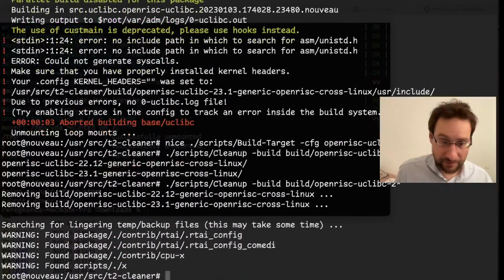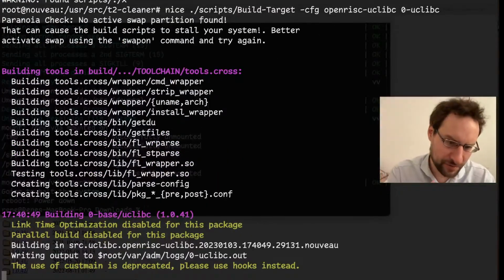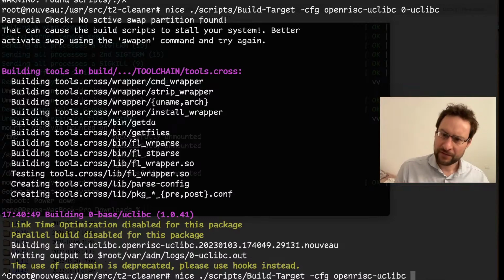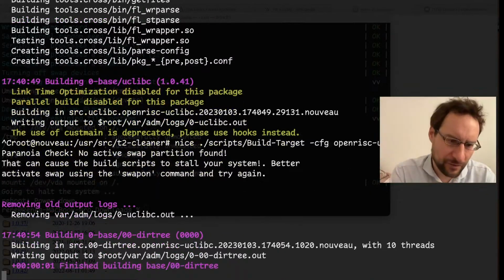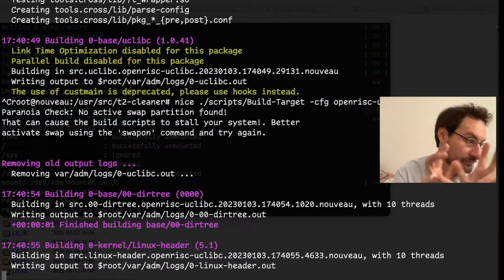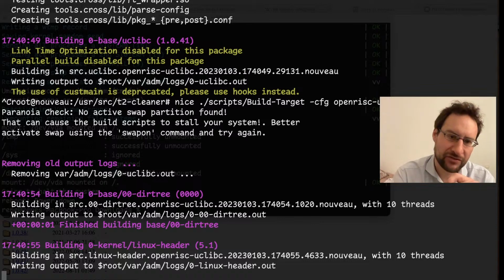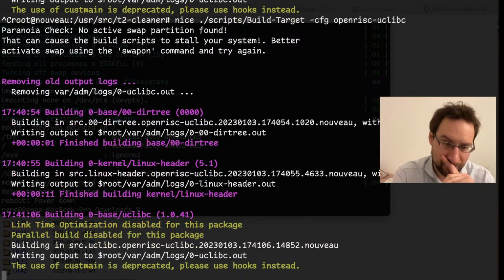Actually, okay, this might not be a regression. This might just have auto reconfigured. Oh wait, I did this wrong. It's probably just the configuration updated to the new kconfig-like version. So that is why this failed. Probably just all the directories and stuff not found. Let's see. This is why this rebuilds now for 23.1.